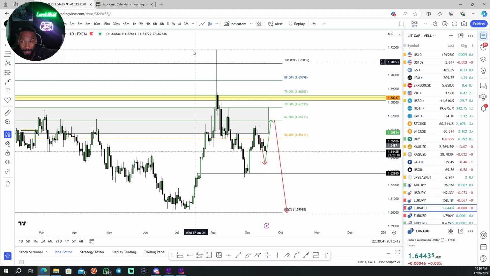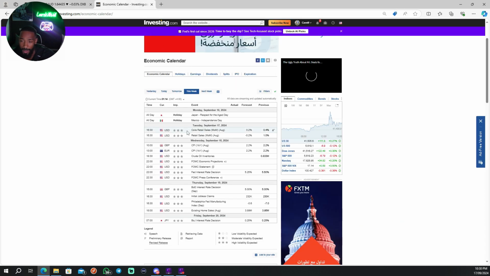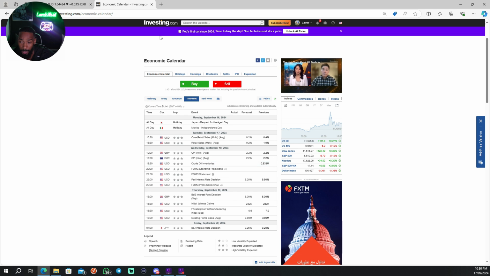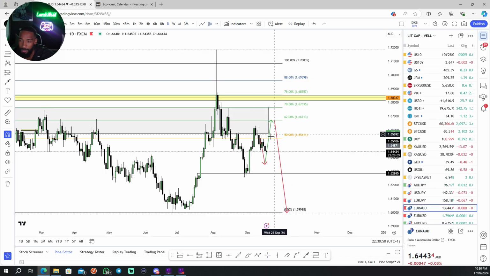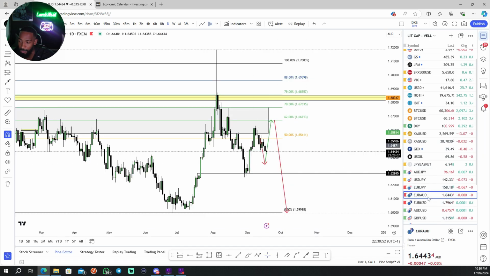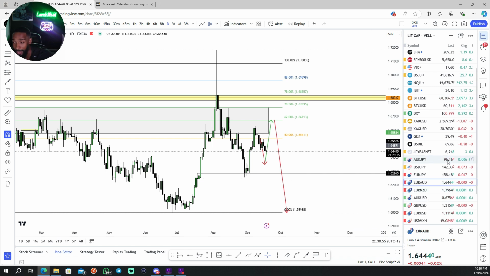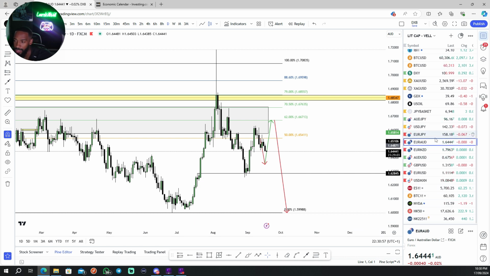With that being said, of course, we don't have any news taking place apart from the CPI on Wednesday for the euro. So I'm not really too optimistic about the euro making any crazy moves this week because we do have the dollar and the pound. So I am going to provide you guys with further insight for more pound-related pairs and dollar-related currencies.